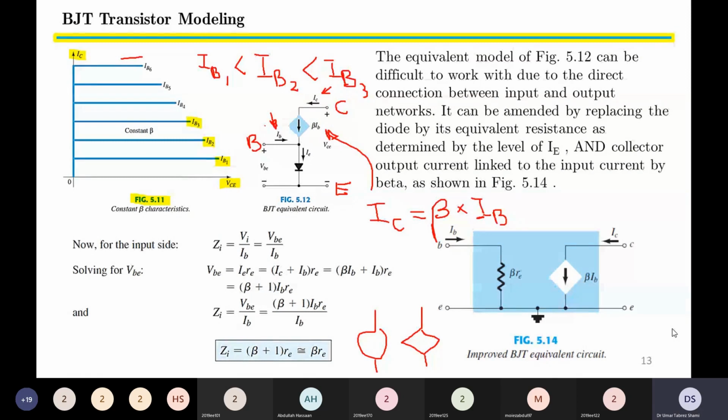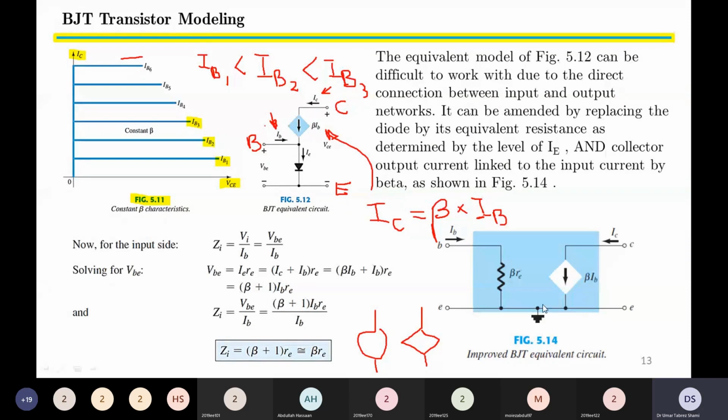The mathematical model which represents base emitter is equal to beta times Re. With the addition, we can also introduce the diode over here, and this diode will be ideal and it will be used to indicate the direction of current. And then secondly, the mathematical model between collector emitter is represented by beta times IB. It is a current source which has a value of IC equal to beta multiplied by IB.